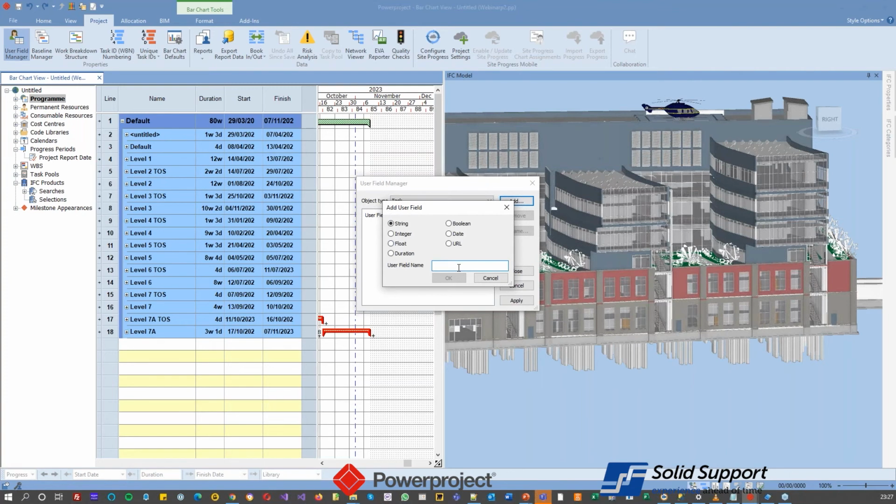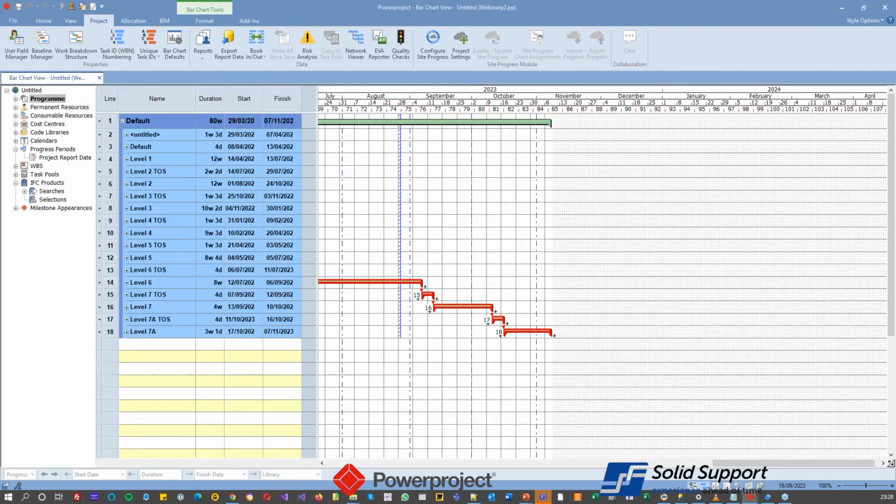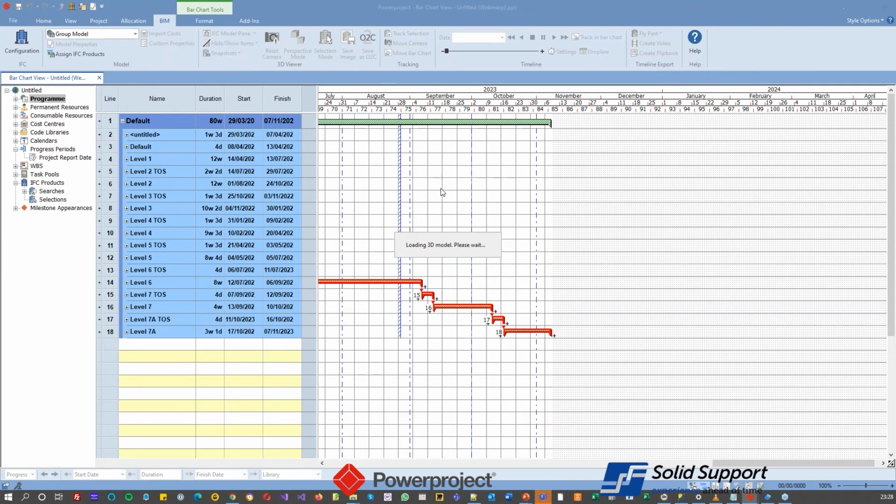So for example, if I come back to this one here, I just save that in there. And what I might want to do is go to Powerproject, and again, I'm going to save that, go into user field manager, and at task level, I'm going to add a new string field we called